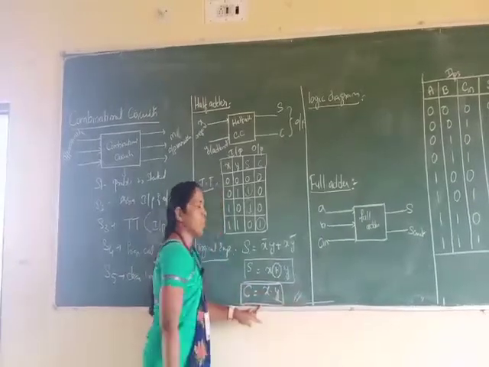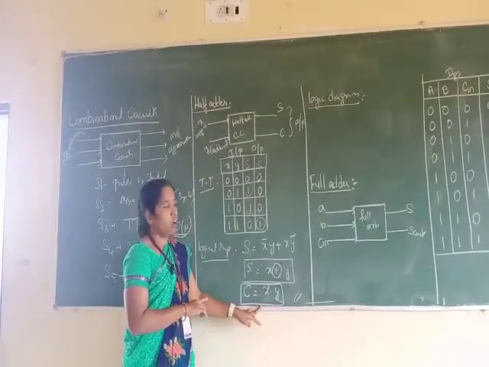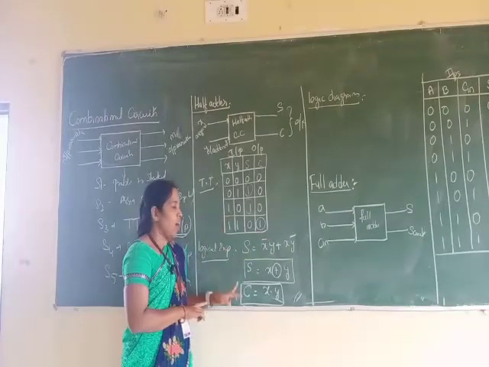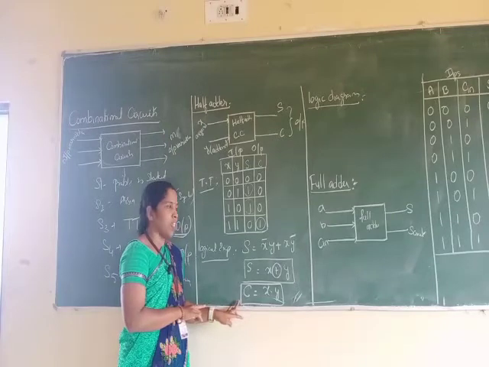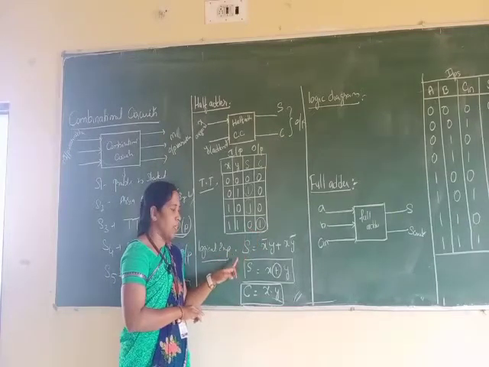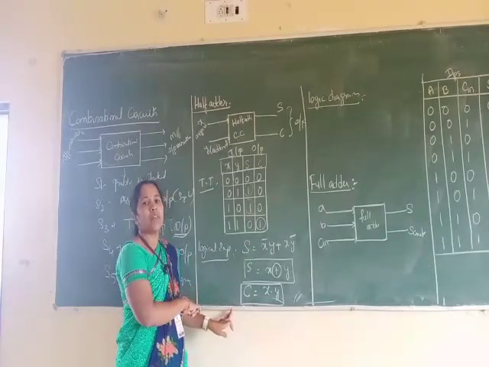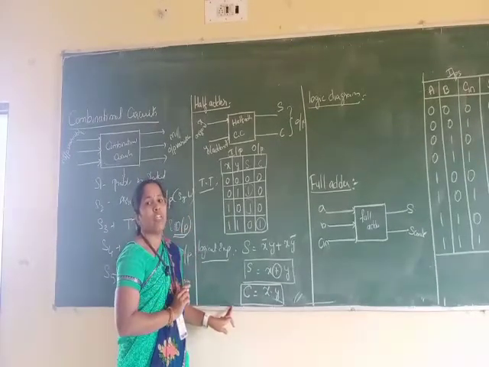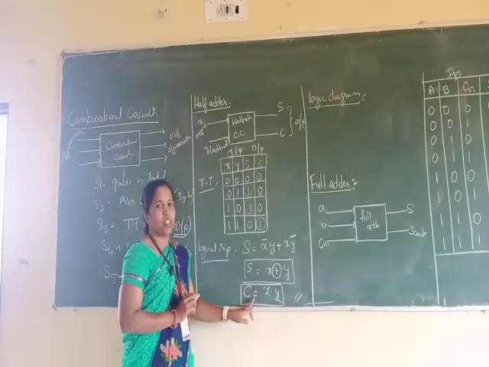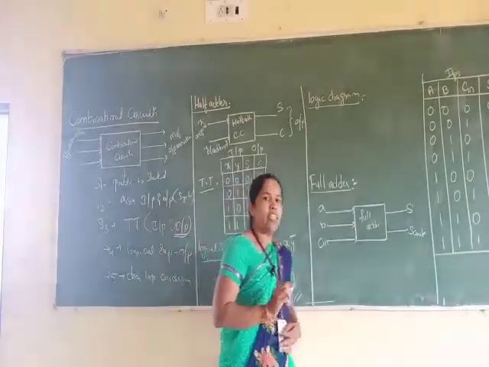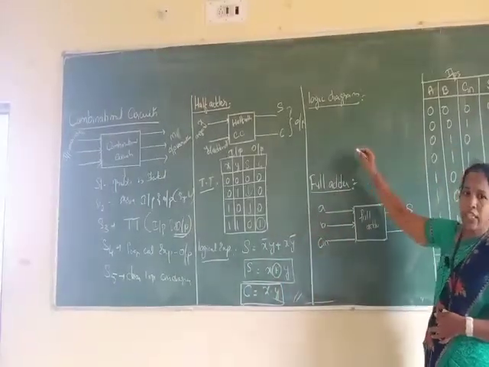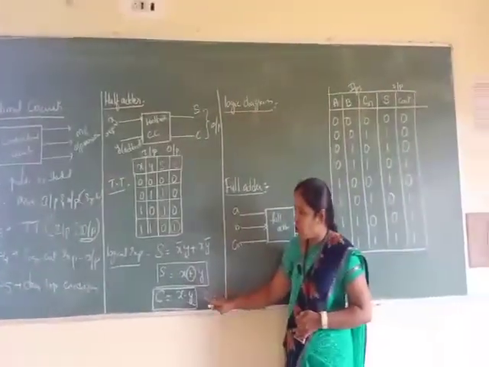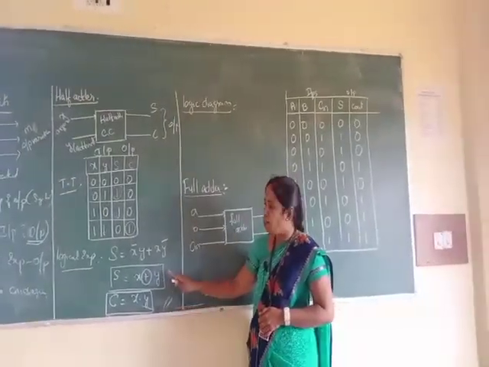Now I got the fourth step, right? Generating the logical expression for the output column within the truth table. Now I have generated the logical expression for the two output columns, that is nothing but the sum and carry. Last step is what? Now I have to draw the logical circuit diagram for both of these expressions here, right? For these two logical expressions, I have to generate the logic diagram.